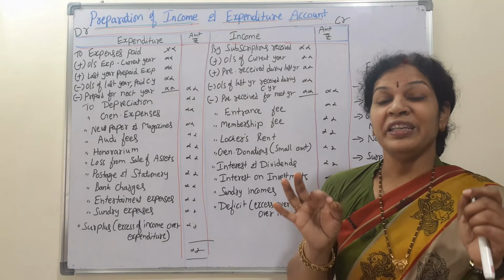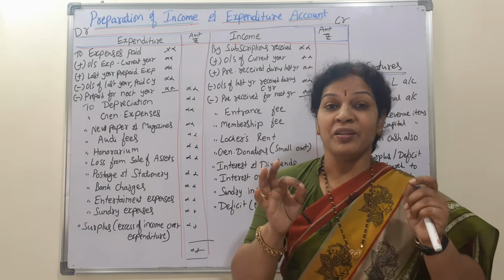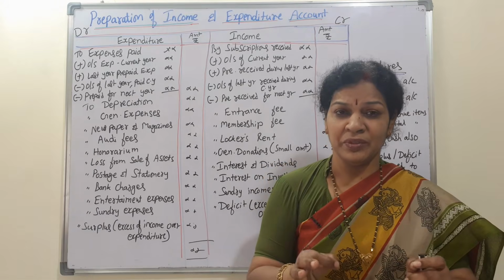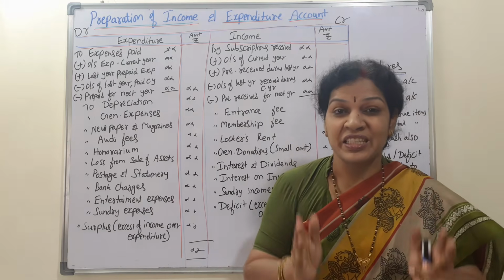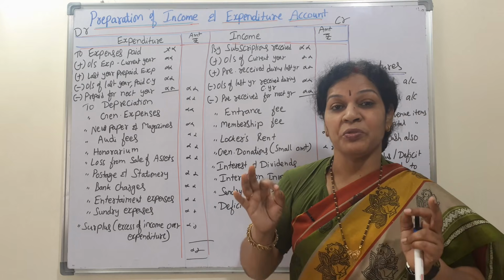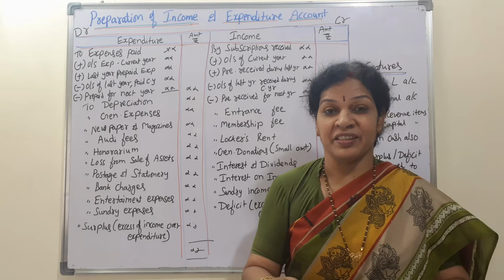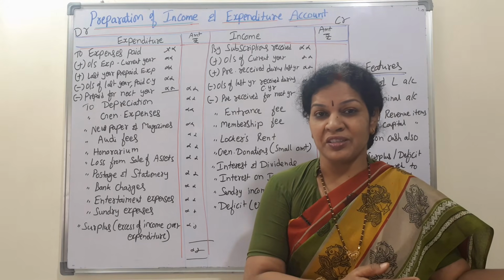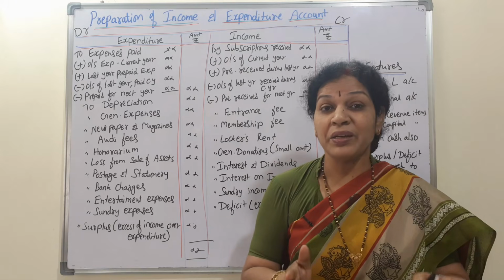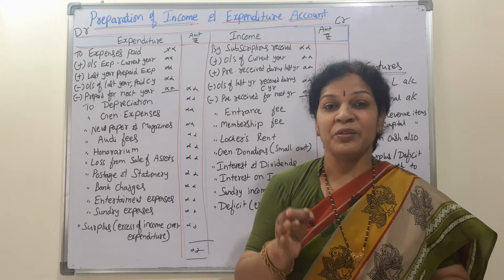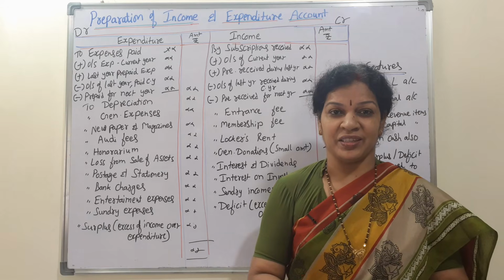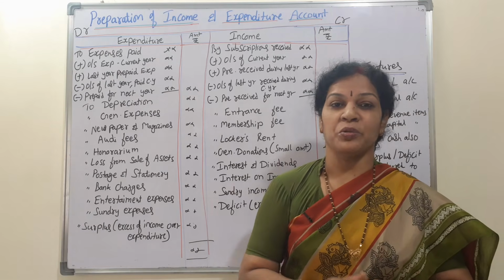One thing you remember: in the income and expenditure account, we take all the revenue items, revenue expenditure or revenue income, related to the present year only. Let me repeat it once again. We take all the transactions related to the present, current year. Related to the next year we don't consider, and related to the previous year we don't consider. We want only this year because that will give you accuracy of the profit. To know the profit or loss of this year, we take only this year's items. Remember this point and let's go to the pro forma.